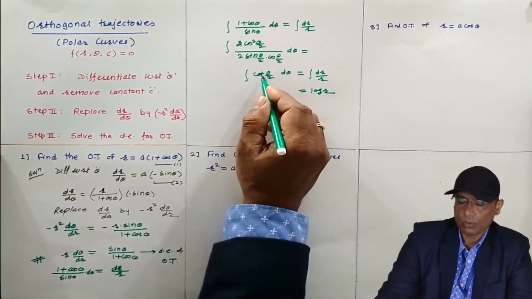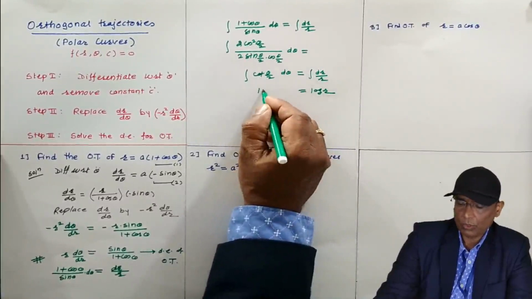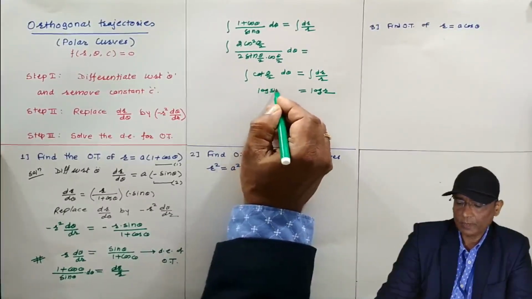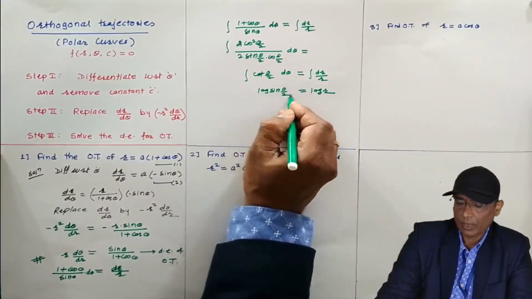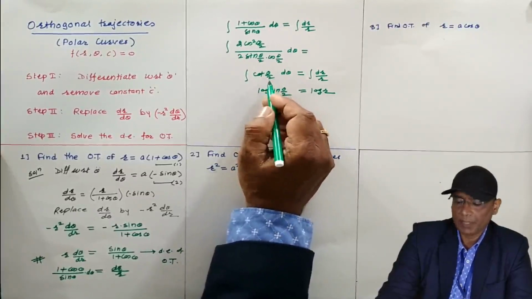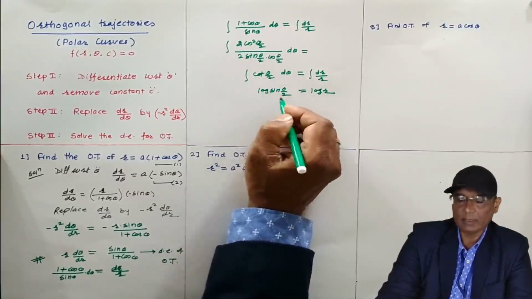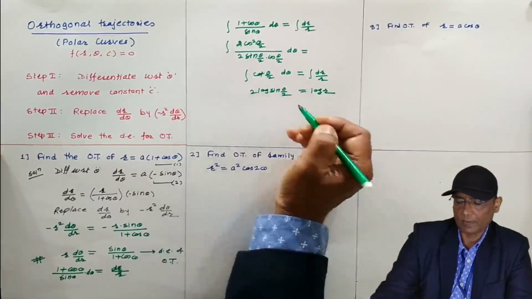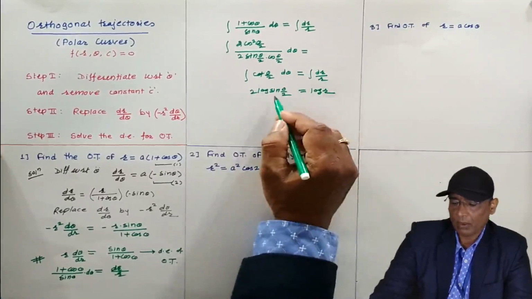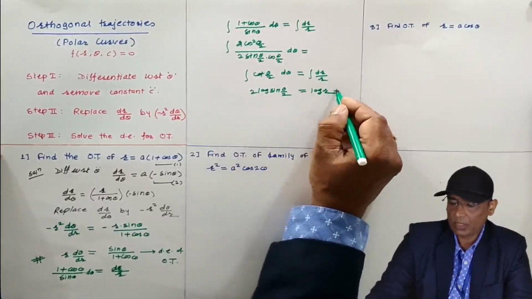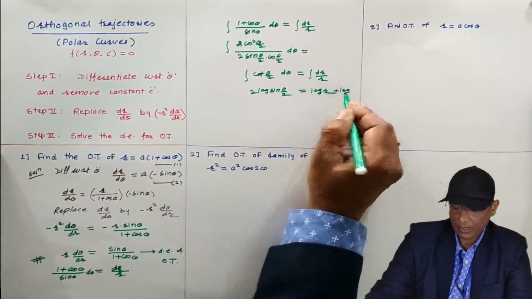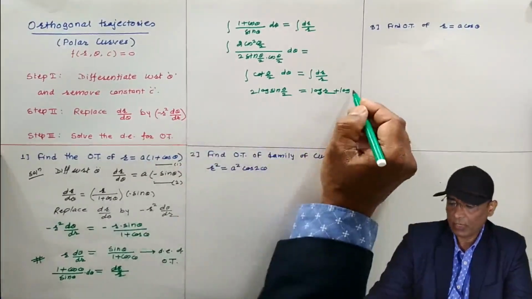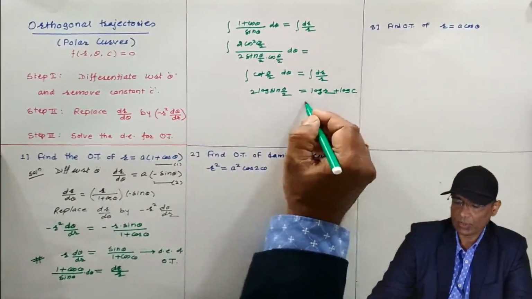Integration of log cot is what? Log of sin, and divided by the derivative of theta by 2, which is 1 by 2, that we have to write in the denominator, so it will jump here like this. And all the terms are log terms, therefore log C, the integration constant, I am putting. A has been used here as an arbitrary constant, so log C is the integration constant.